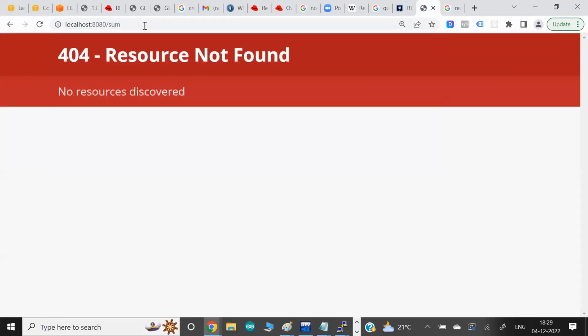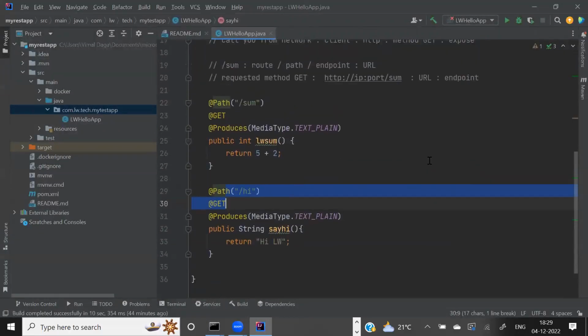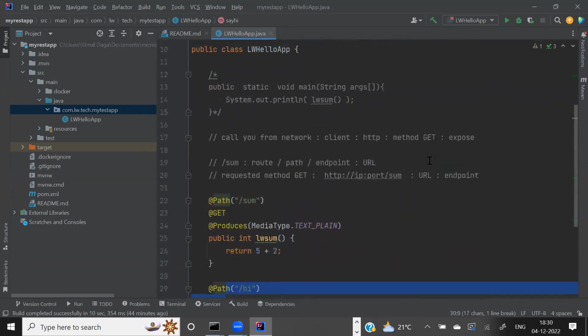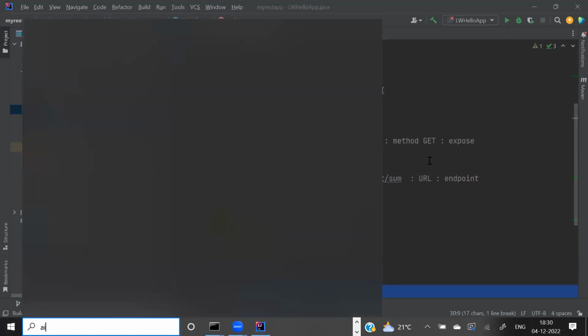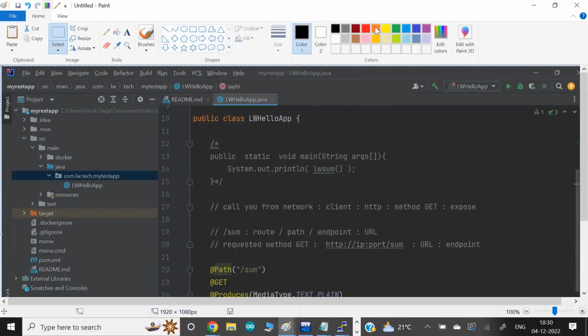Okay, so why is this output coming? Why is the error coming? Okay, there's one small reason for this. The reason is that this is your entire program file. Okay, an entire program file. Let me see till here. And this is your entire program file. Okay, this file name is HelloLWApp.